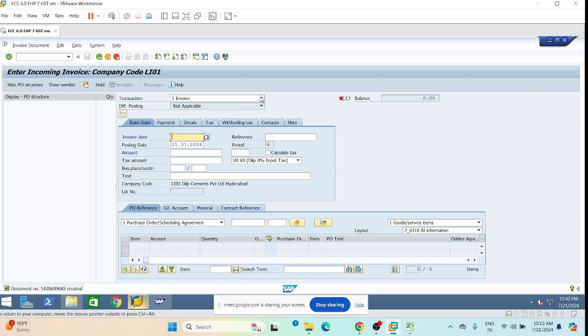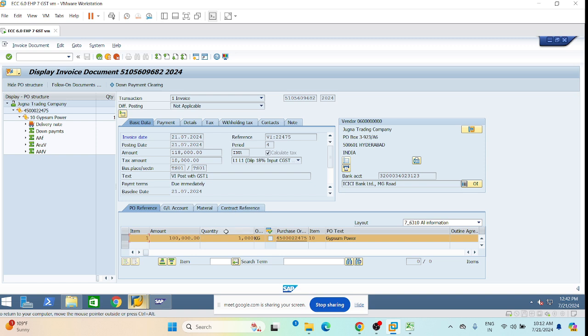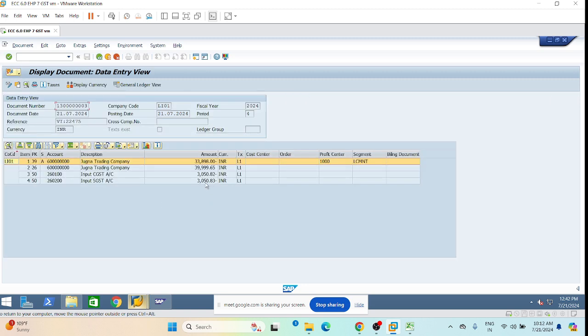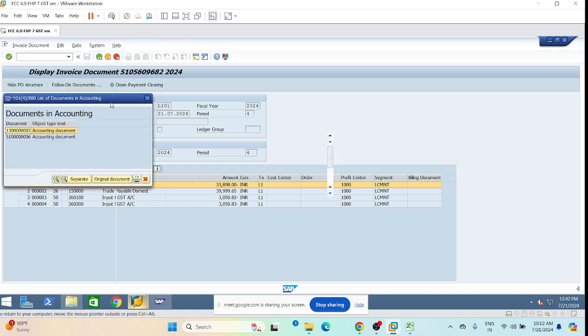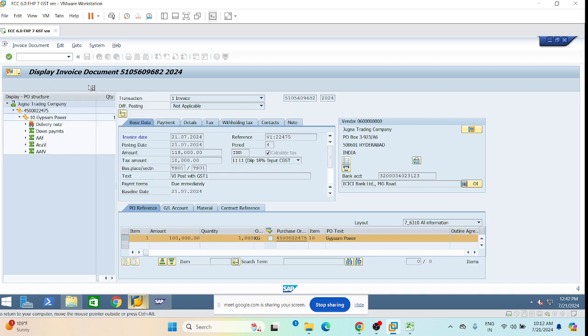Now this one is done. Let us display this one. Let us check this accounting document. Follow on document. Okay, accounting document. General ledger view. Okay, this is which one? It is showing the advanced one, right? This is the advanced one. 5-1 FI. Okay. One minute. If I will come to